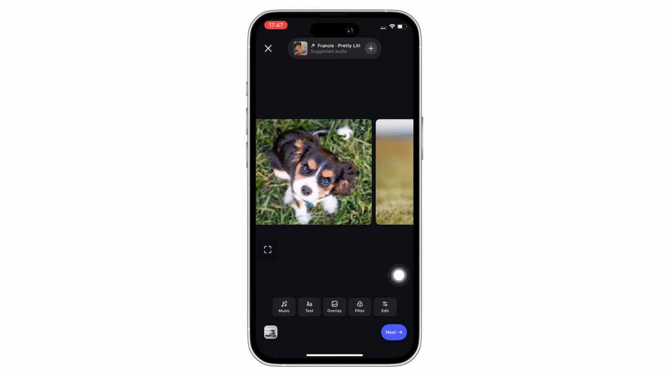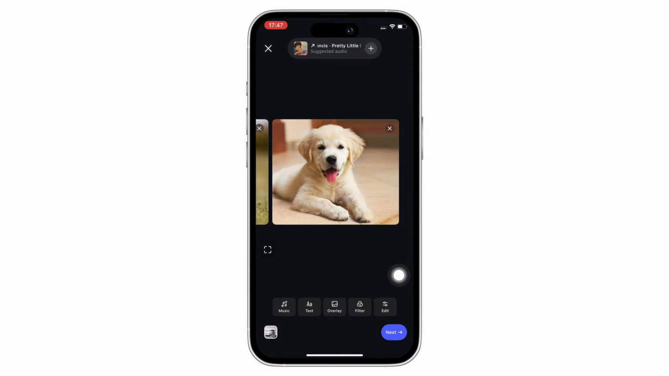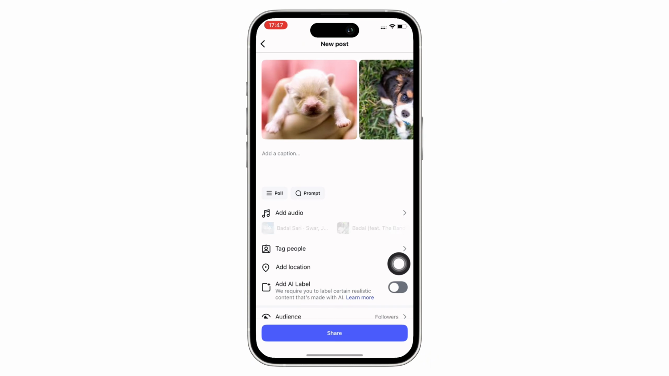and add in music or add text, or you can also add overlay filters and edit your pictures there. Once you are done making the required changes, tap on Next and further go ahead and add a catchy caption for your text and then select the audio if you have not selected already and tag people if necessary and